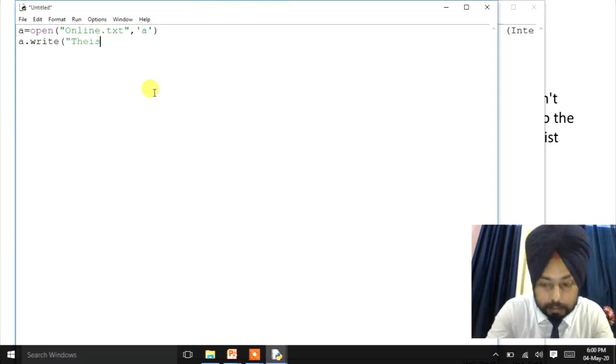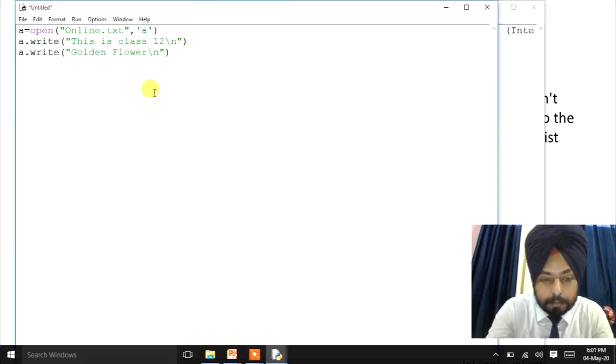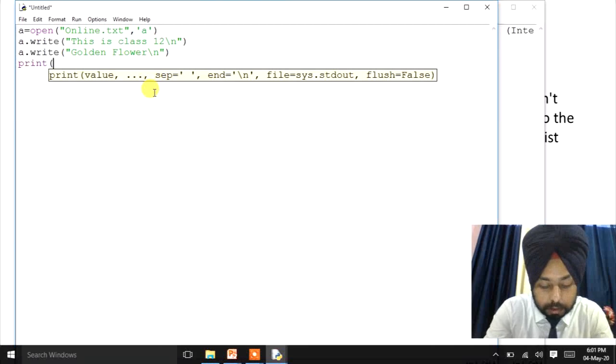Here the first line: this is class 12th, slash n for next line, and in the next line we'll type here a dot write, then our school name, and for the next line, now we'll use the print function: data appended.